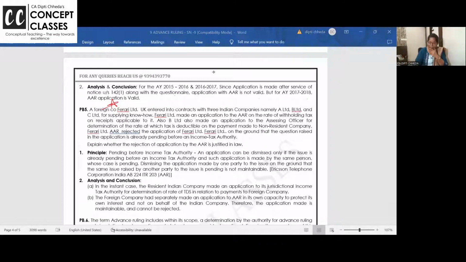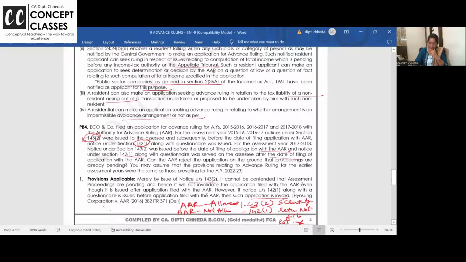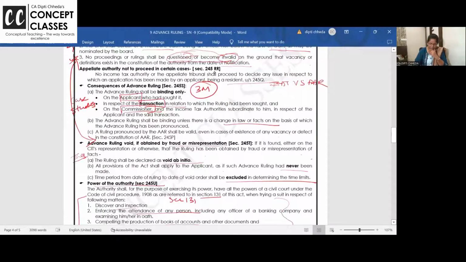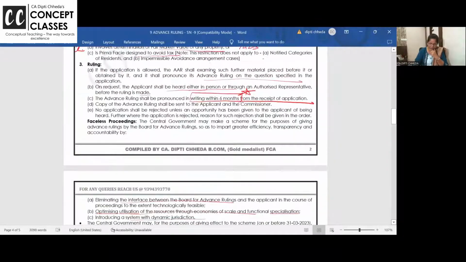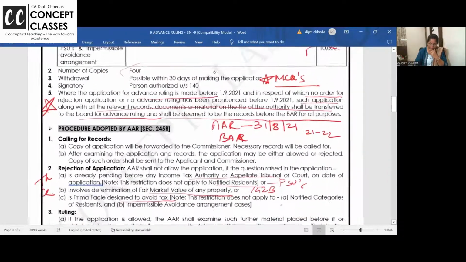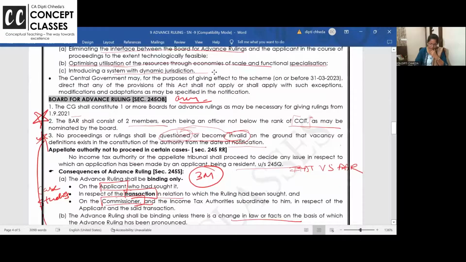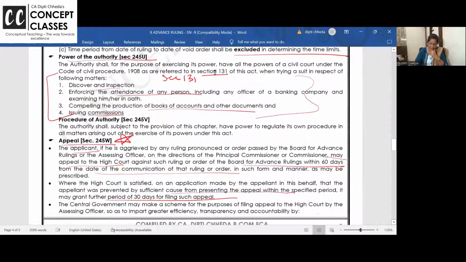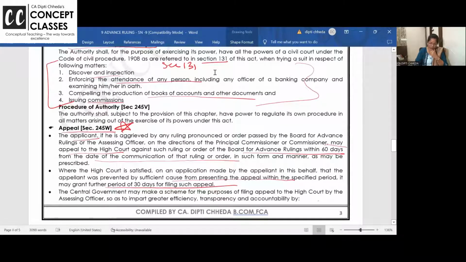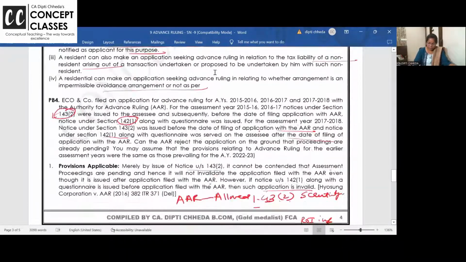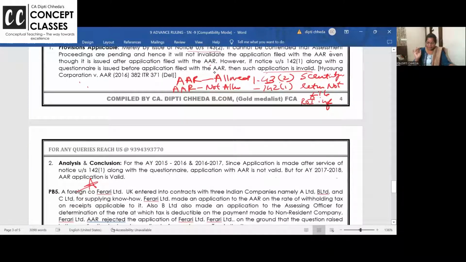Yes, they have the power of a special court also. See, here it is given, Sandeep. One minute. They have the power to regulate their own procedure in all matters, and whatever the routine powers are, all that is there. Okay, now this question, as I explained, see,